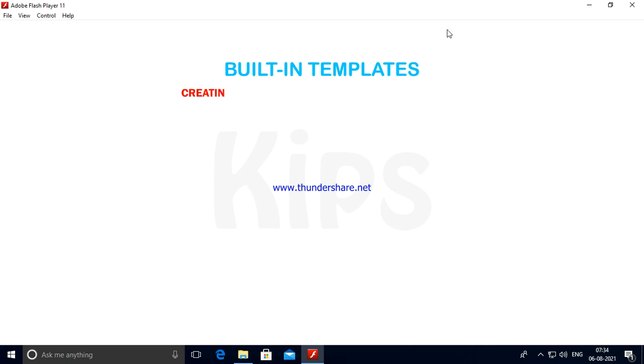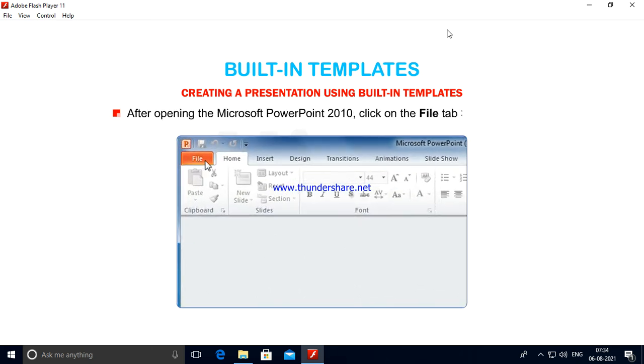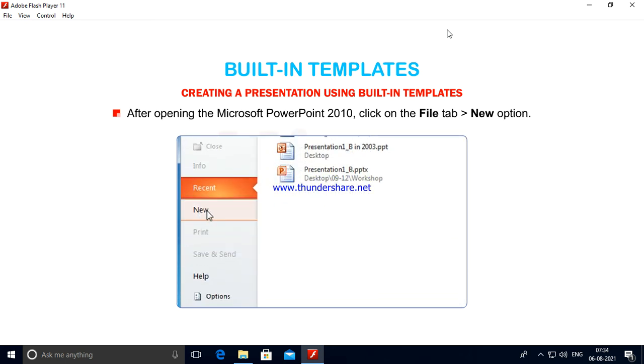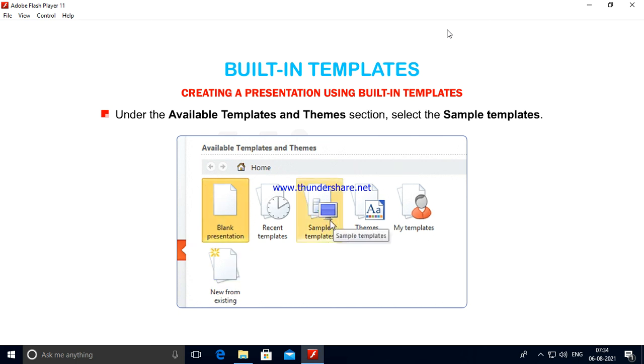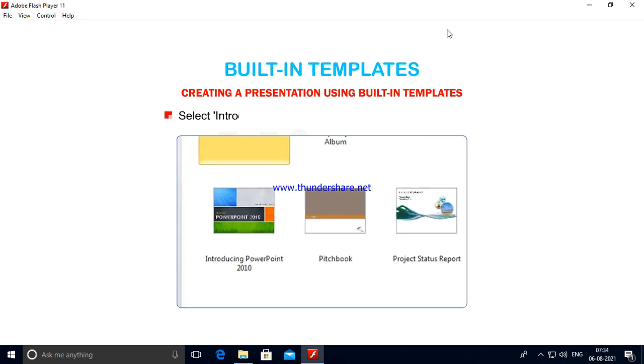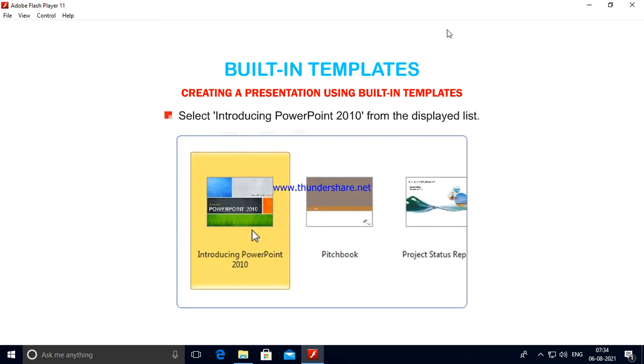Now, let's learn how to create a presentation using built-in templates. After opening Microsoft PowerPoint 2010, click on the File tab, then go to the New option. Under the Available Templates and Themes section, select Sample Templates. Select Introducing PowerPoint 2010 from the displayed list.